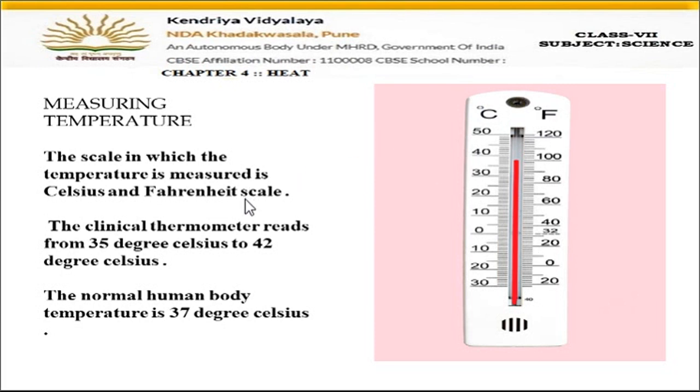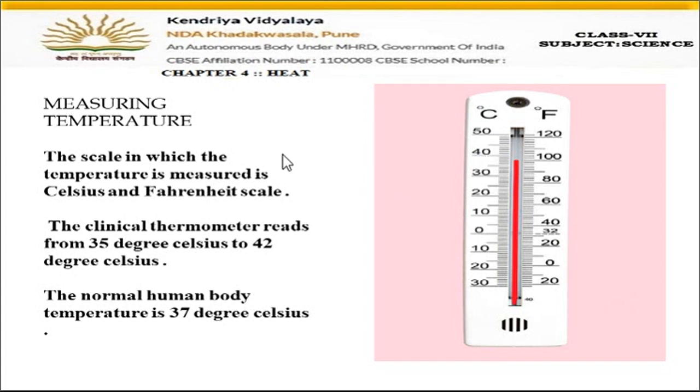At home, the clinical thermometers which we use generally have the degree Fahrenheit scale. In some thermometers, you will find the degree Celsius scale also. Now, you can see here on the degree Fahrenheit side, the marking starts from minus 20, then 0, then 20, 40, 60, 80, 100, and in the center of this it is 90, meaning they have 10 small divisions in between. And if you see the degree Celsius side, then you have here 0, 10, 20, 30, 40, 50 degrees Celsius, like this temperature.